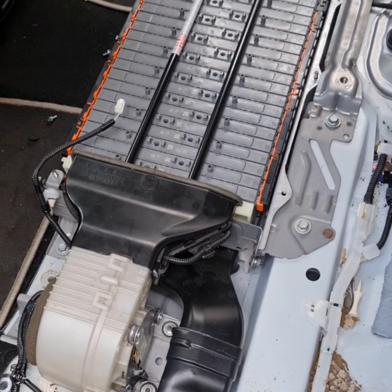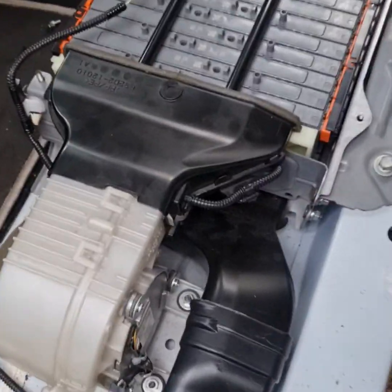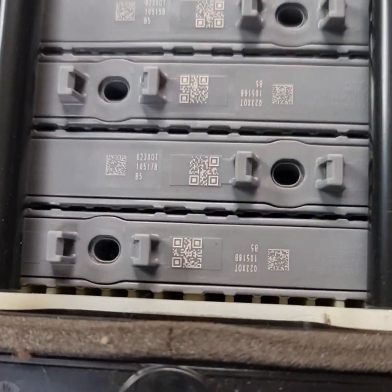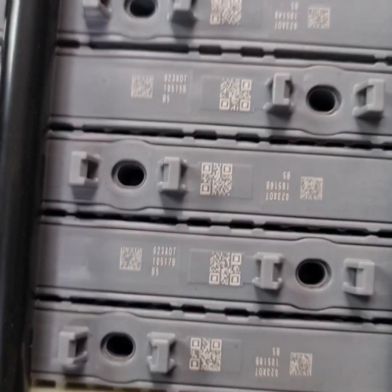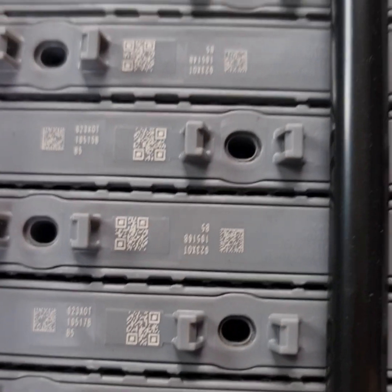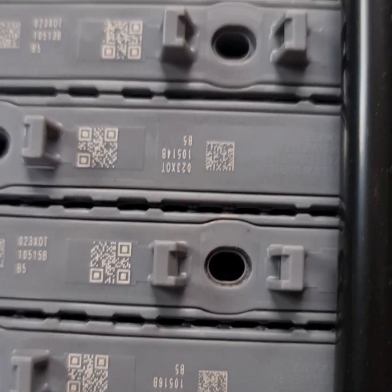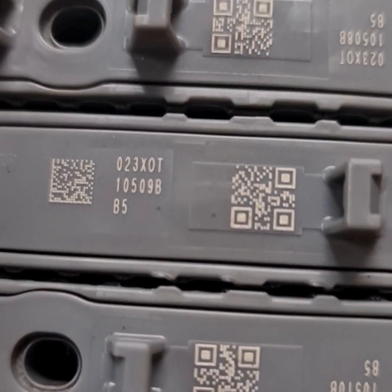Whatever the mystery was, we've replaced it with a generation 4 battery. Whenever you give your battery to your customer, make sure you make a note of the cell numbers on here, so if somebody does change the battery, you can tell them that it's not your battery. They've got these numbers on here